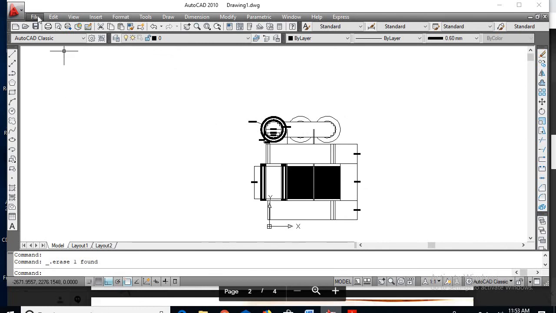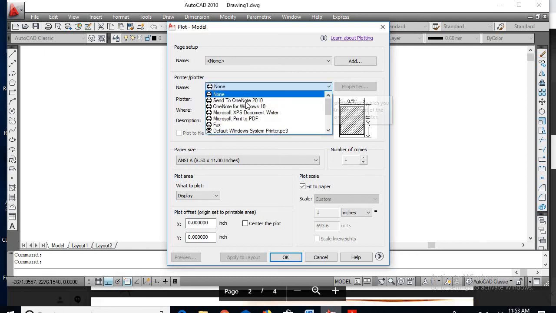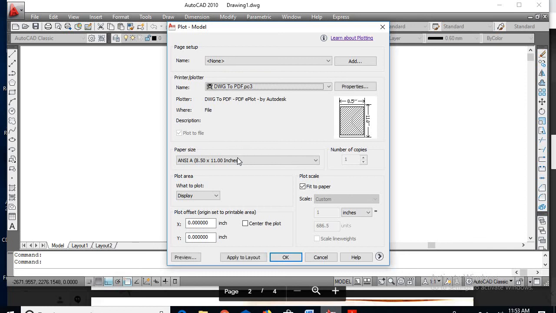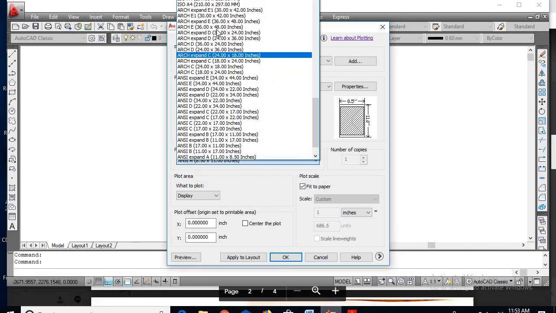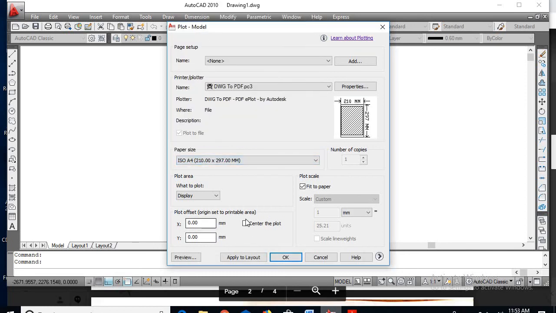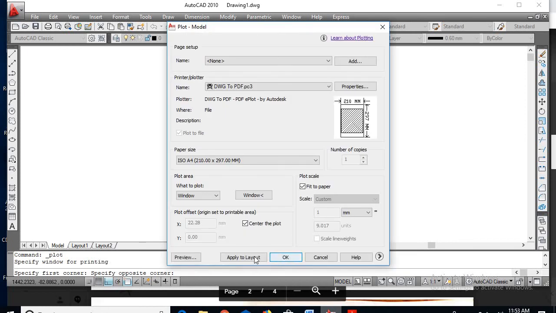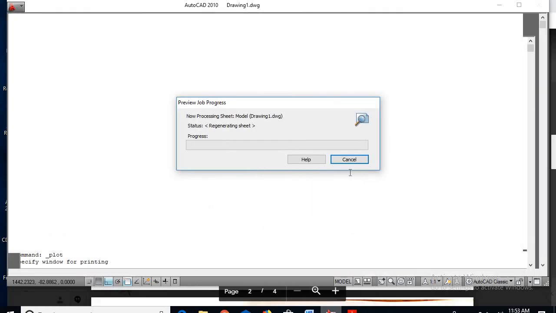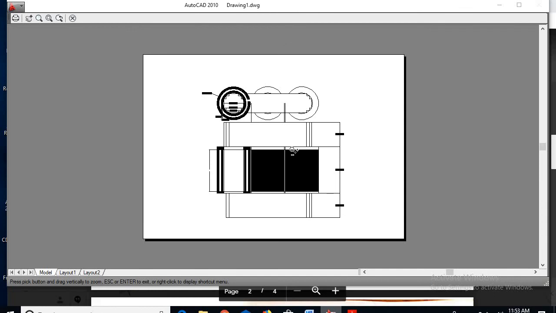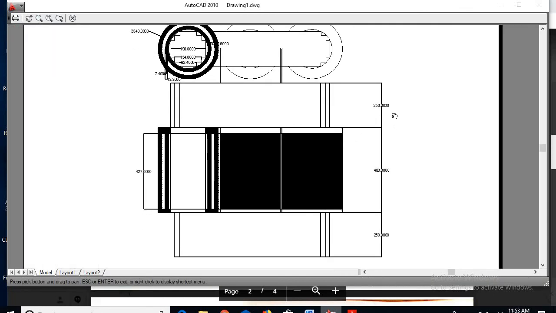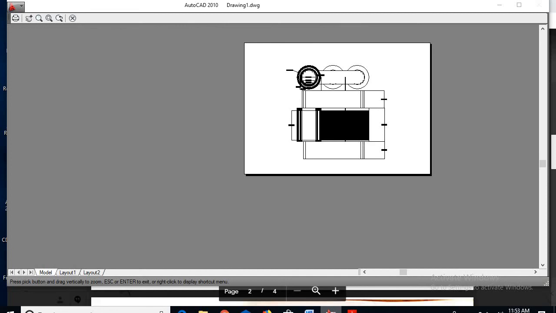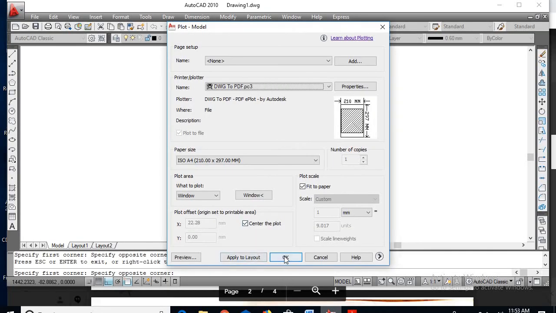So now if I go for file plot converting to PDF, so DWG to PDF, so go for A4 sheet, center, display window, so select the whole diagram, preview. If I go for preview, it will be looking like this. So okay.